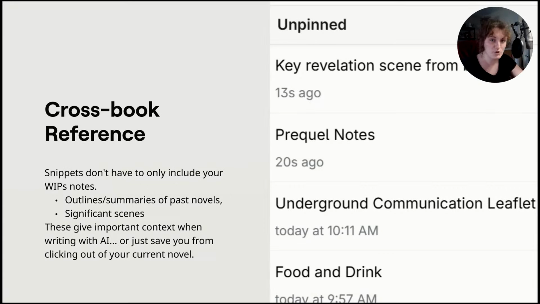And that is not limited to the book that you're working on. If you've got ideas for future books, it might be that you want to add foreshadowing for future events. So you might have the future event as a snippet, not as a codex, and you can occasionally refer to it when you want to plant in those clues. That's obviously a little bit more nuanced because you'll have to double check the AI. But I think it's a really interesting way of adding in those past details, especially because if it's